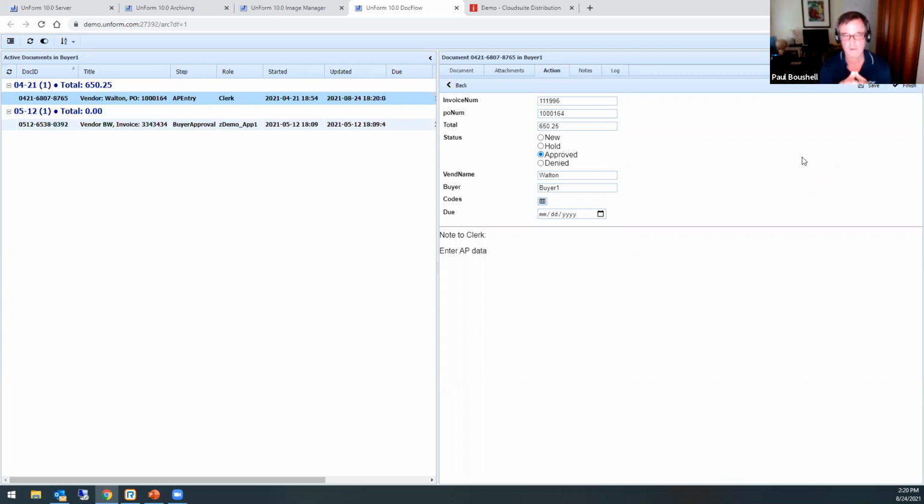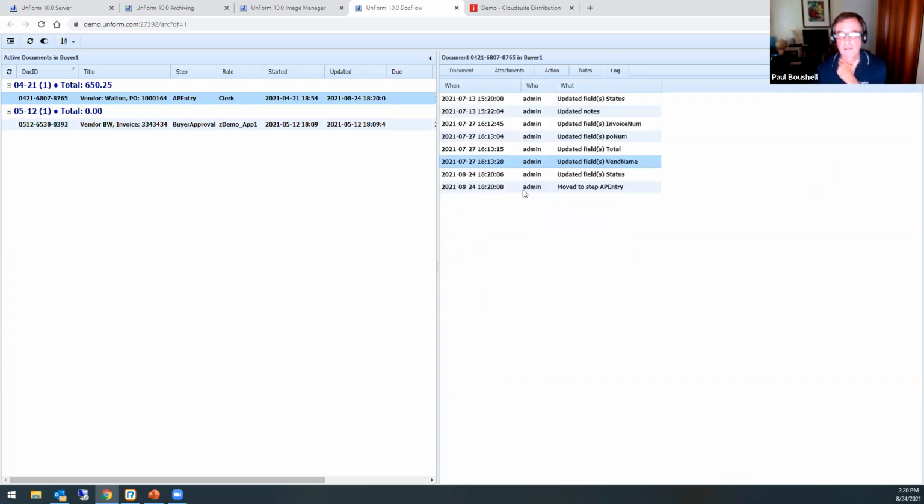It goes to one person, they fix it, it goes back, and they take care of it. And again, we're going to log and track everything that happens as it moves through that flow, so that if you need to audit the transaction, you have all those actions, who did what, and when, available to you.